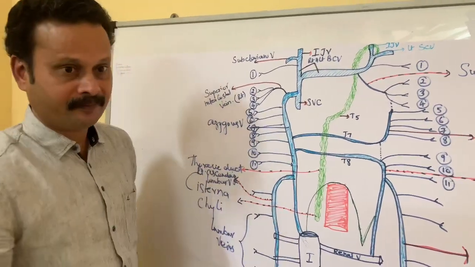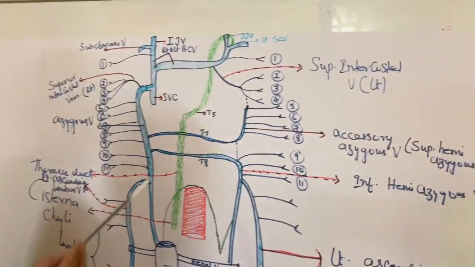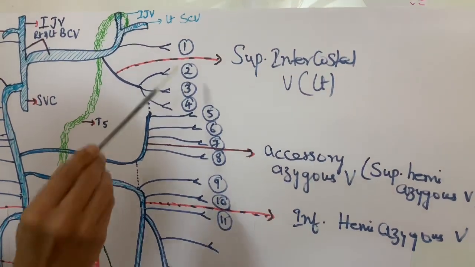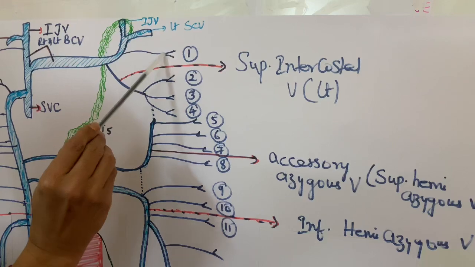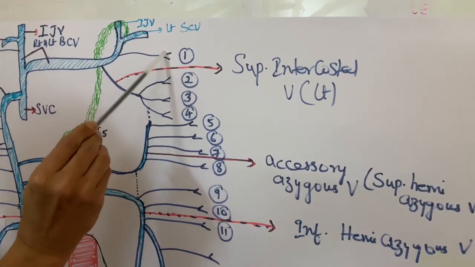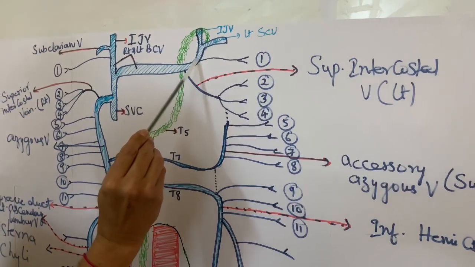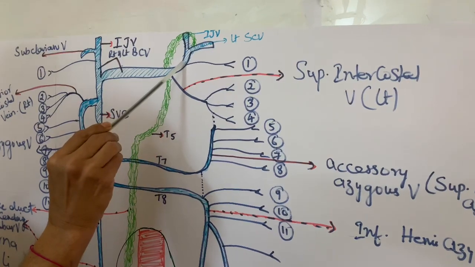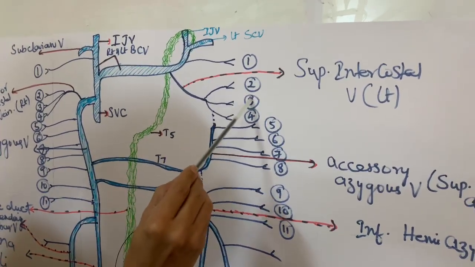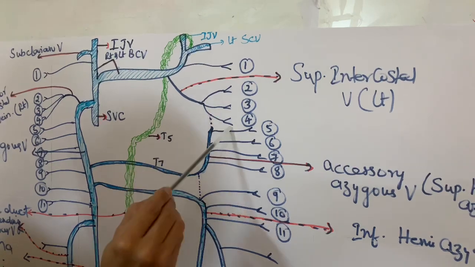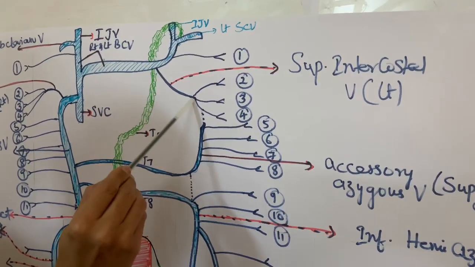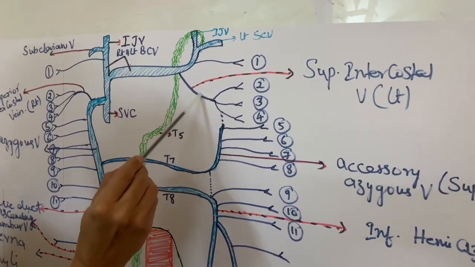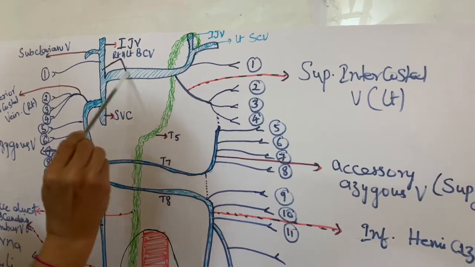This is azygous vein. Coming to the left side, these are the left posterior intercostal veins, 11 in number. The first posterior intercostal vein, like that of the right side, is directly draining into left brachiocephalic vein. Similarly, second, third and occasionally fourth veins join with each other to form left superior intercostal vein, like that of the right side, but it is draining into left brachiocephalic vein.